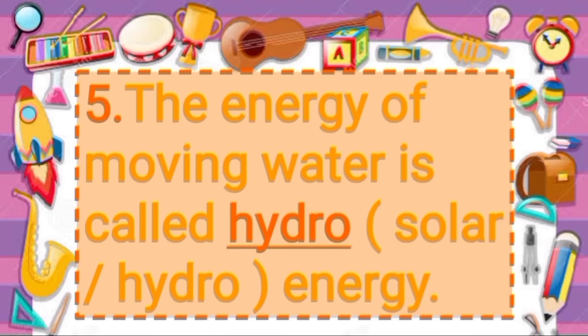As you know, moving water also has a lot of energy in it, and this energy is called hydro energy. To use this energy, we built dams, and these dams allowed the water to fall from a height onto a turbine with a great force, and then the turbine moves and helps to produce electrical energy.